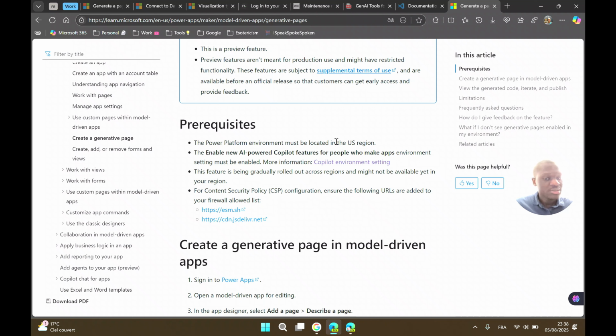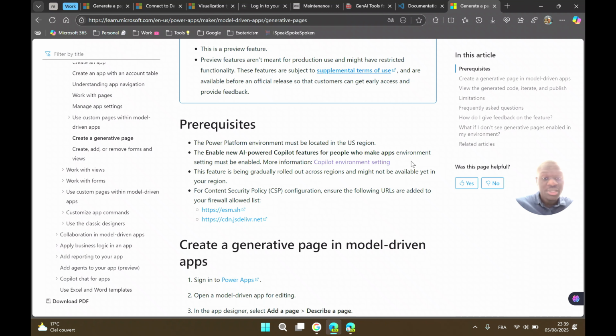As you see, you need to have an environment created in the US region and also enable the generative AI and AI-powered Copilot features for your makers. If you have some policies in your environment restricting or blocking the use of AI, you need to assign these features on for your makers.